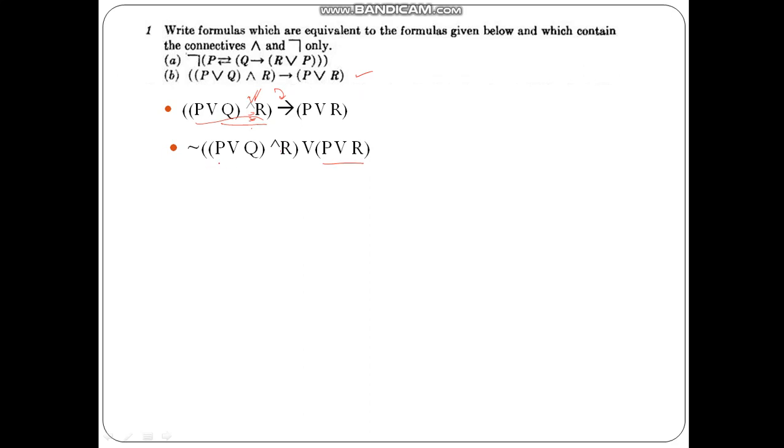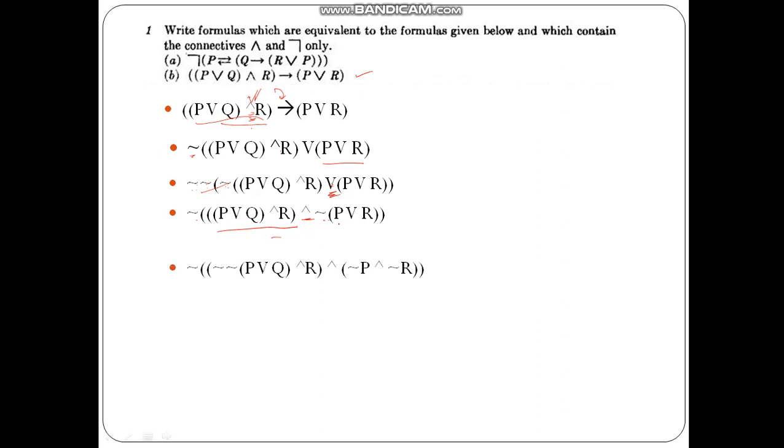This will be equal to, next, we will try to take this knot inside. Let us see what happens if I take this knot inside. What we have done is we have taken double knot in order to convert this one first. So the first knot goes inside here, so knot of knot will become positive, and this symbol which is disjunction will become conjunction, and knot is applied to this one. Then when knot is applied to this, at that time this will become and, and to this internal formula, not of P or Q.